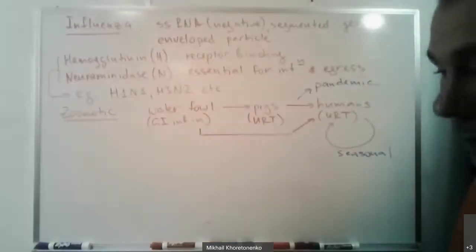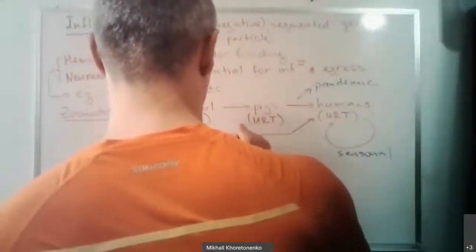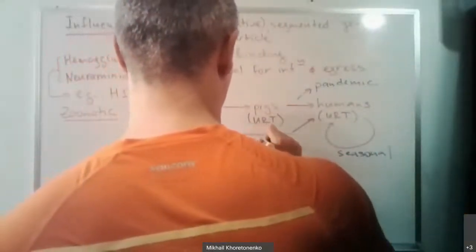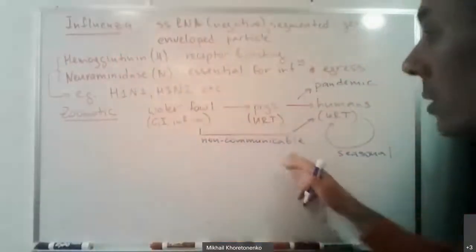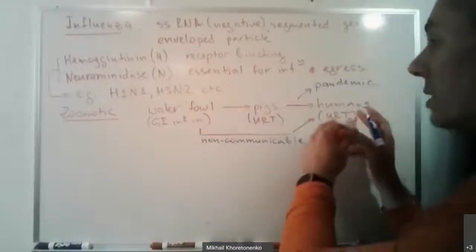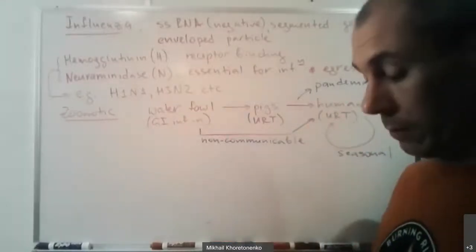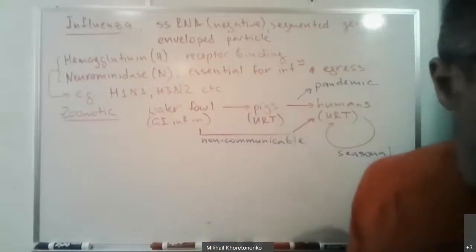It can be chickens, can be turkeys. So this is a non-communicable influenza. Now the question is why people cannot transmit the bird flu. Okay? The answer is in the